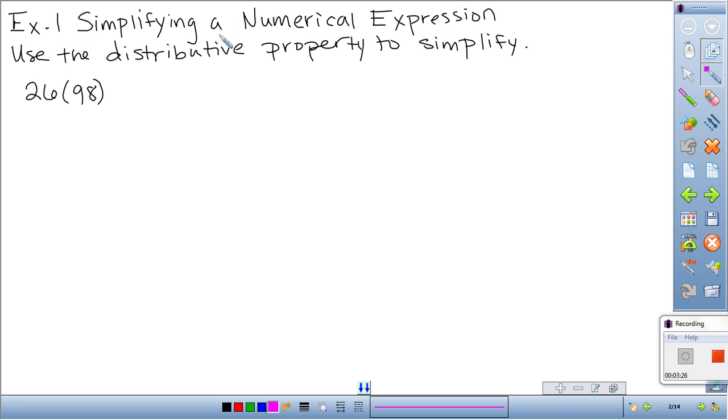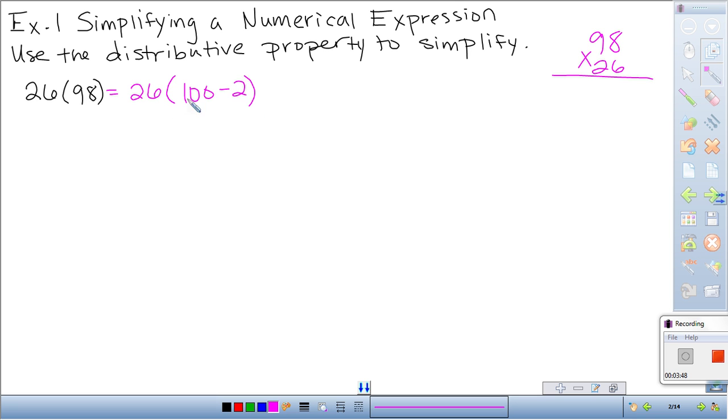Example 1, simplifying a numerical expression using the distributive property to simplify. So yeah, we could go off to the side, we could do 98 times 26. We all know how to multiply like that. But there's an easier way. Let's rewrite 98. So I'm going to do 26 times, instead of 98, I'm going to rewrite it as 100 minus 2. That's still 98, but it's going to be easier to multiply. Some people would say, well, why not just 90 plus 8? But doing 26 times 90 is still pretty challenging. 26 times 100, though, 26 times 100 minus 26